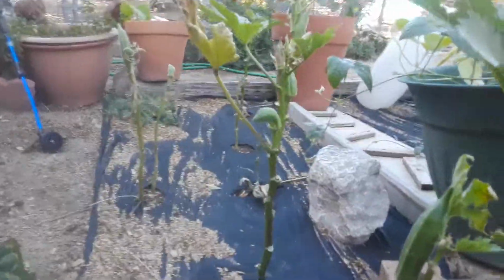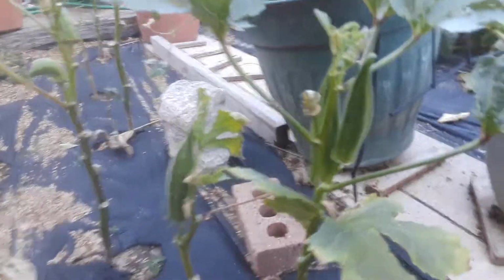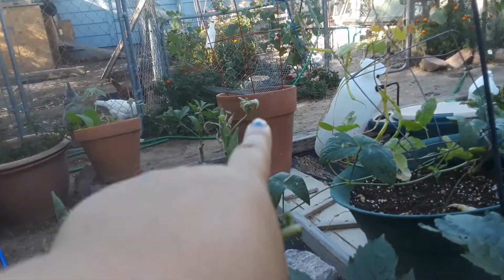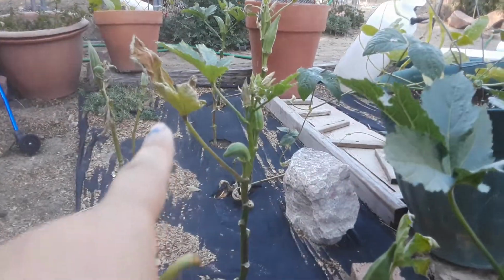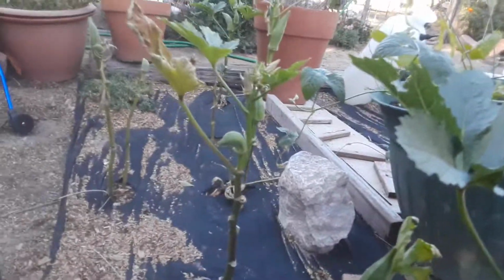My okra, I don't know what's going on with it, but it is struggling. It is dropping leaves like crazy. I do have some pods that I can come and harvest, which is awesome. I didn't think I was going to get any of them, but this one's lost all of its leaves. That one back there has lost all of its leaves. These two have lost all of their leaves. This one is about to lose another one. So I think it's getting too cold in the evenings,